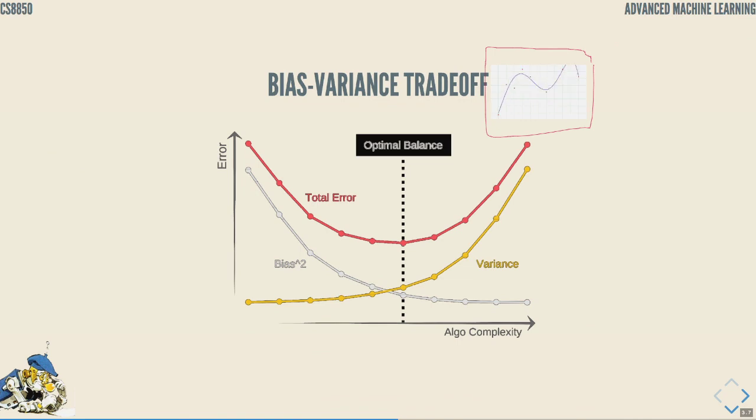So if we look at this traditional or classical diagram, algorithm complexity is basically the number of parameters in your model. Let's stick with the same family of algorithms. The number of parameters could be, say, the number of layers that determines the number of weights, and those weights in a feed-forward neural network are your parameters. So this is a deeper or wider or otherwise more complex neural network. The total error